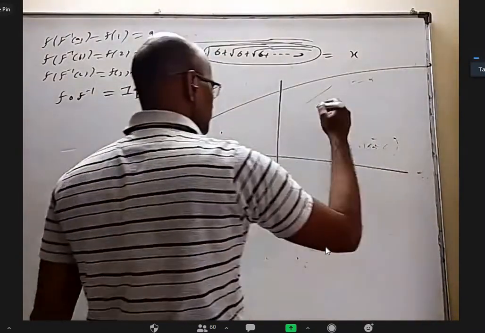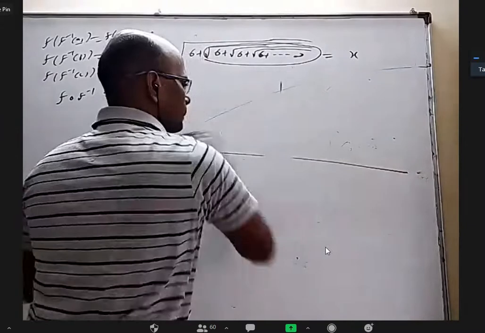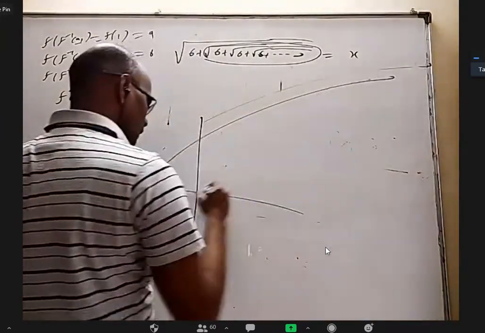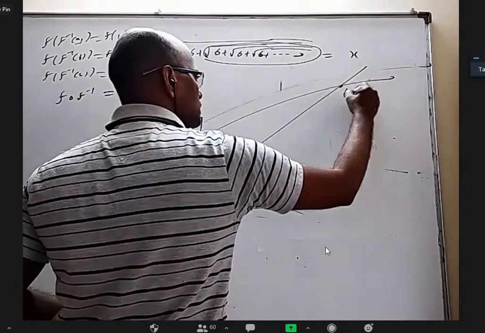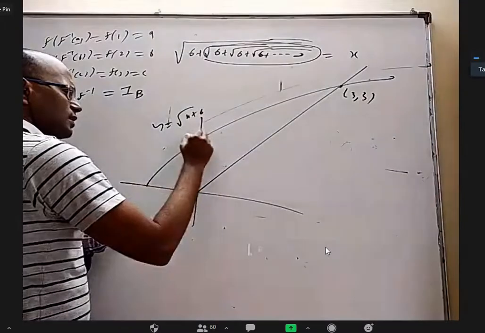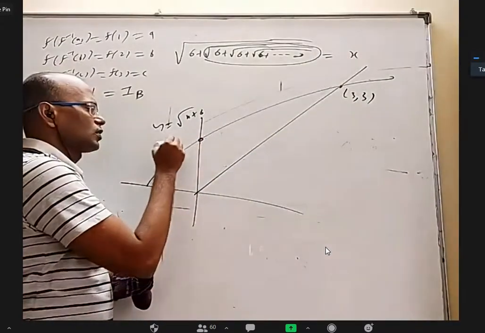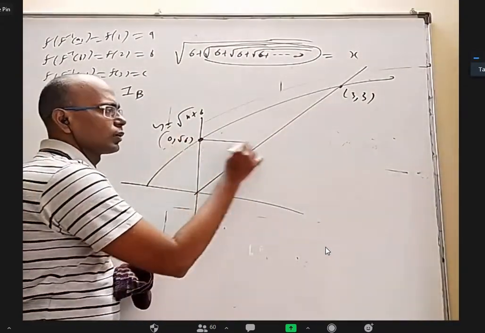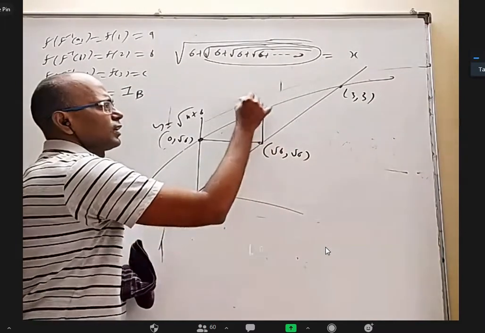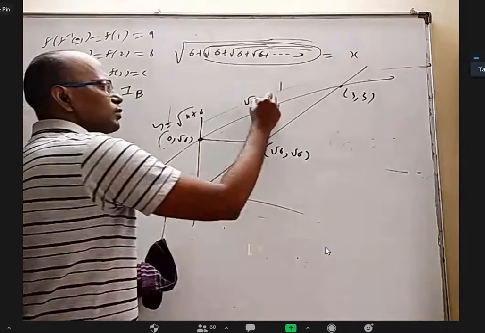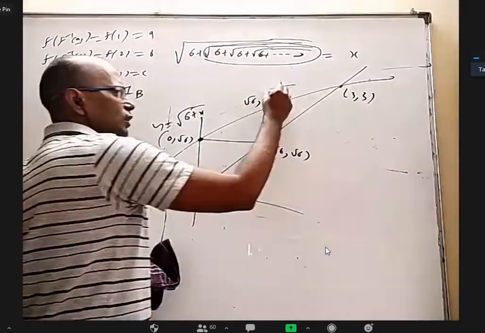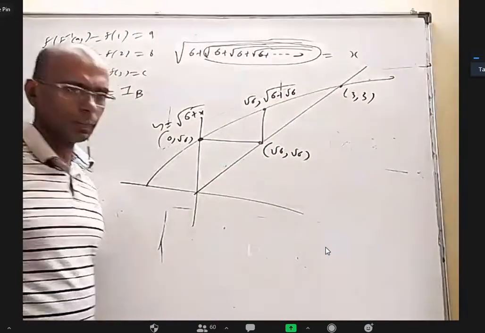Like this. Okay, like this. And y equal to x. And this is 3 comma 3. This is y equal to root x plus 6. Yeah, just start here, everything will be fine. This will be 0 comma root 6. Go horizontally, it will be root 6 comma root 6. Go vertically, the x coordinate is root 6, but the y coordinate is root over, instead of x plus 6, we can write 6 plus x, you can see more clearly. It's 6 plus root 6.